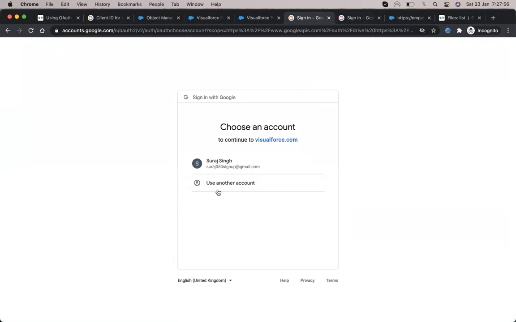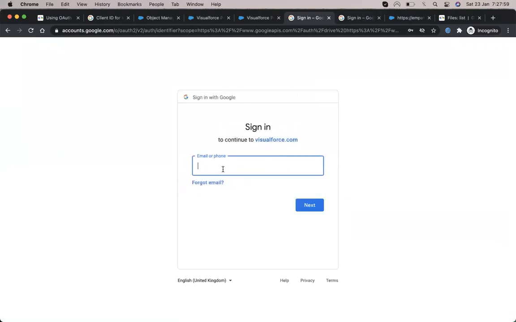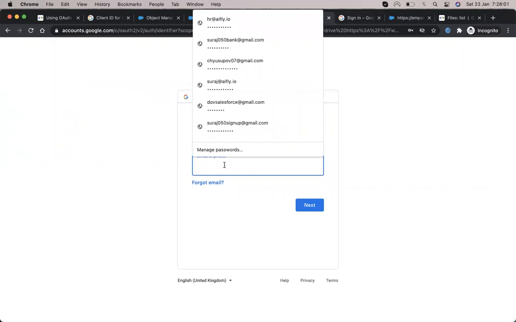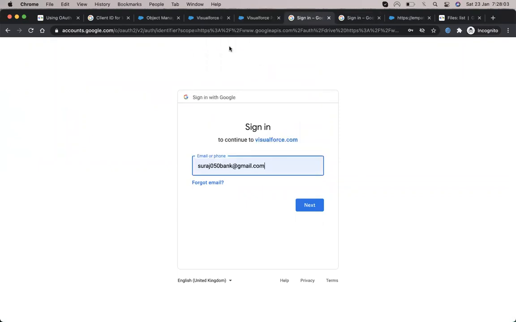So when I click on this, it will ask for the permission. Let's add some other account. I'm using the connected app with some other Google account, because for authentication the user can be a different Gmail user.